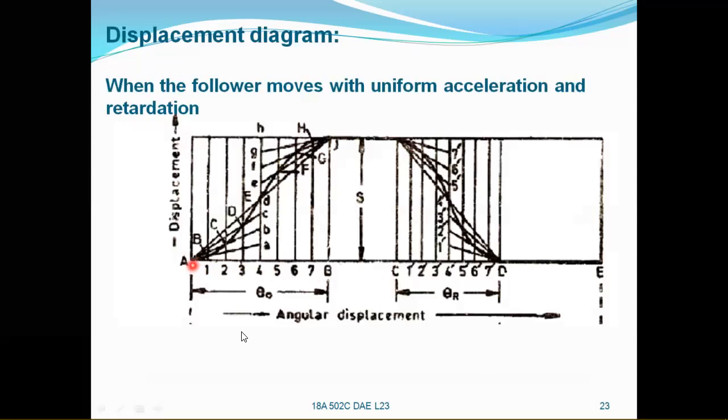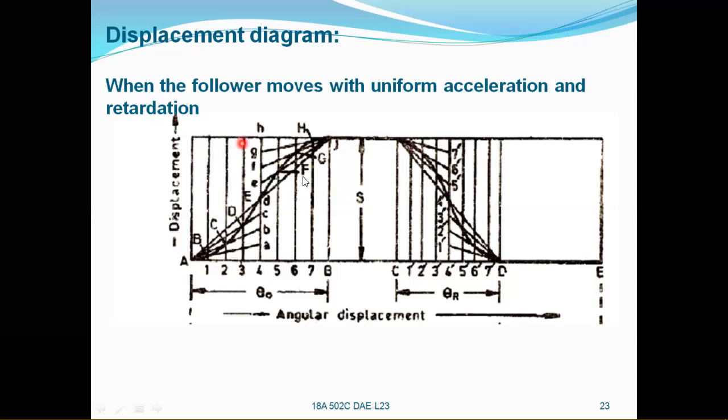Here you can see this is the 360 degrees that we have to complete. A to E is the 360 degrees, and this is the displacement of the follower, that is the stroke or lift of the follower. Mark AB as the outstroke, and C to D as the return stroke, B to C as the dwell period 1, and D to E is the other dwell period, and divide this AB and CD into the same number of equal parts, and